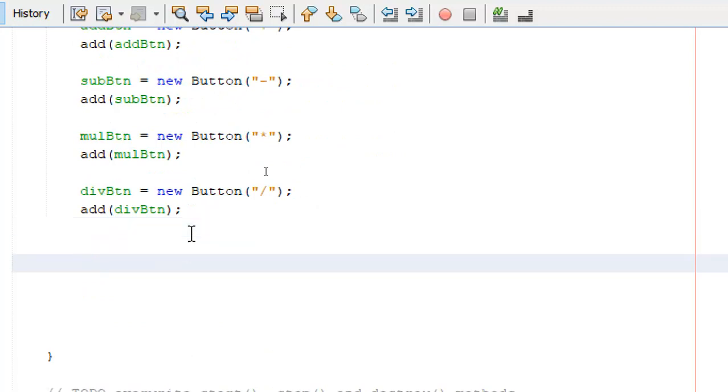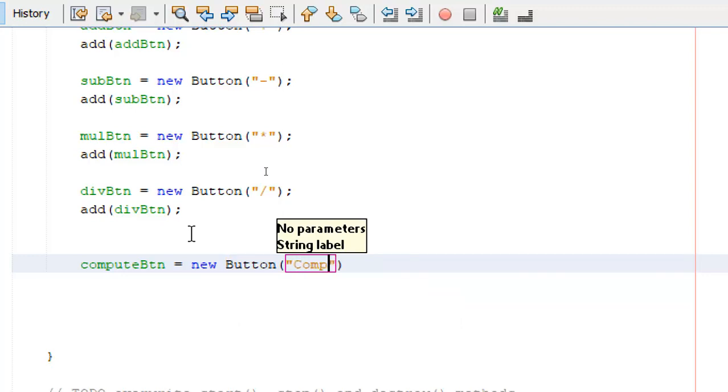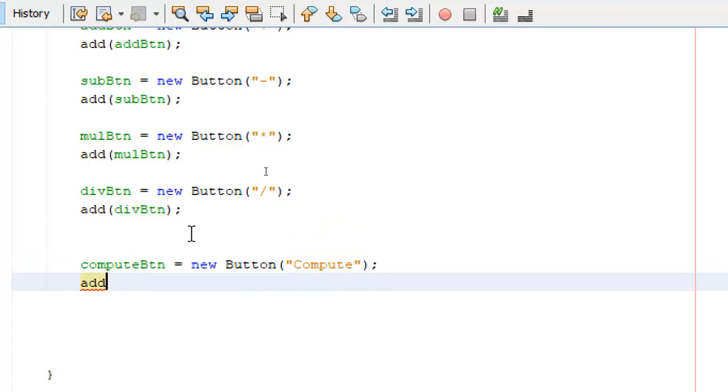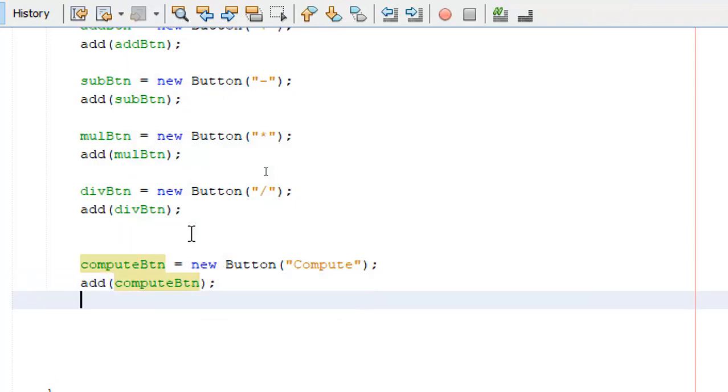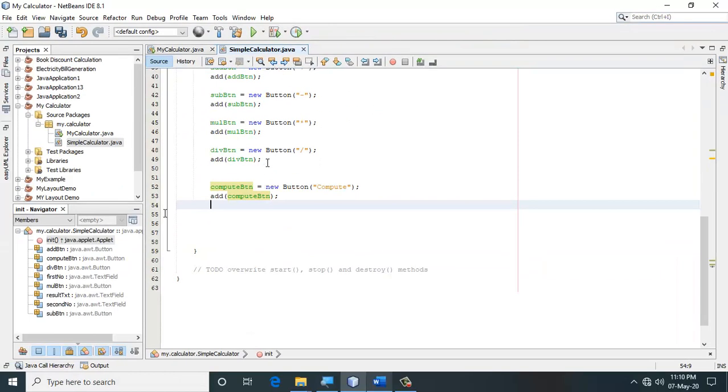The way in which I can do it is I will create compute button as a new instance of a button, and the name of that button I will call compute. Add this compute button to my applet. That's all you need to do. So everything is done for us.